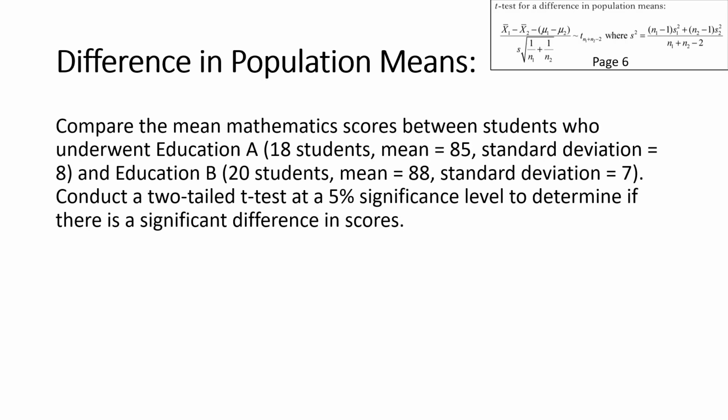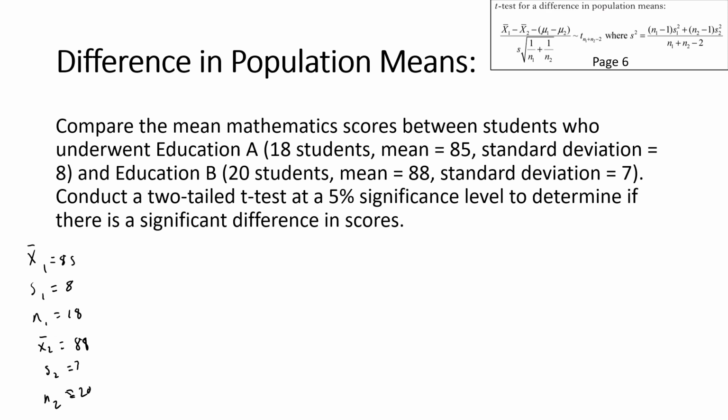And finally, we move on to difference in population means. Compare the mean math scores between students who underwent education A, 18 students, mean 85, standard deviation 8, and education B, 20 students, mean 88, standard deviation 7. Conduct a two-tailed t-test at a 5% significance level to determine if there is a significant difference in the scores. The first thing I do here, I will label all my values and give them either 1 or 2. So x bar 1 is 85, S1 is 8, N1 is 18, x bar 2 is 88, S2 is 7, N2 is 20,